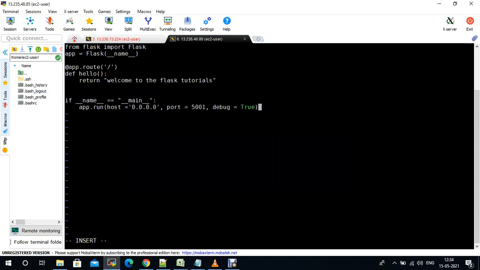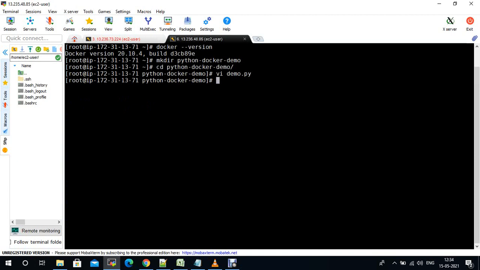And see, Flask is a Python module. It needs to be downloaded, and this is the sample code using that. While running, we will get the output like "welcome to Flask tutorial". Okay, I'm just saving this one. So we need to mention these dependencies in requirements. Same like pom.xml in Java, we need to create a requirements.txt. Under requirements.txt, you just need to define the dependencies.